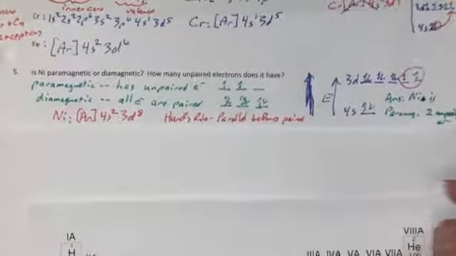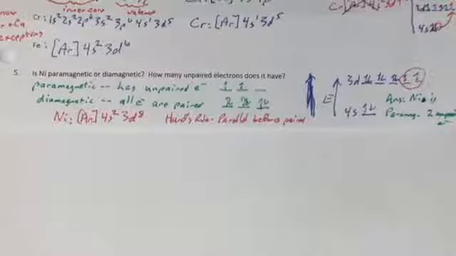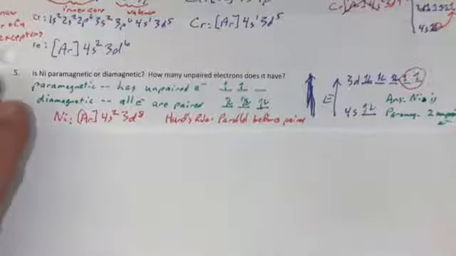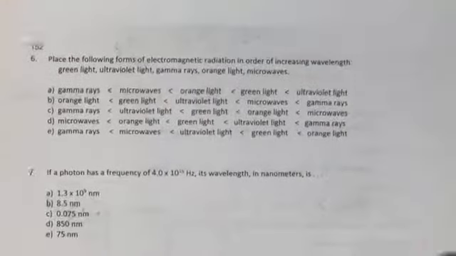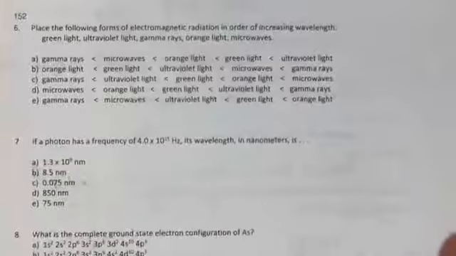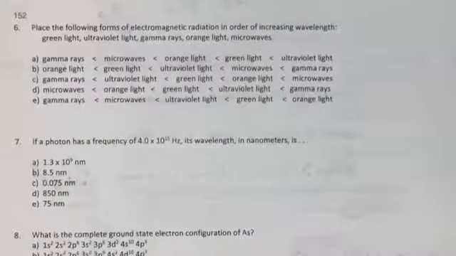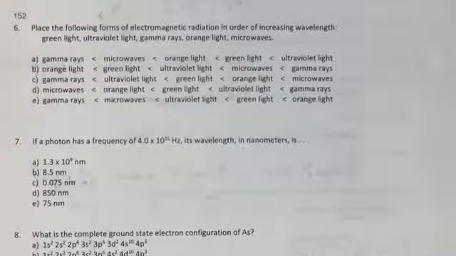Now let's look at question number 6. We'll look at question number 6 at the top of the next page. And I've renumbered some of these questions because I've added to it. So as we look at this, place the following forms of electromagnetic radiation in order of increasing wavelength. This is similar to the question that I showed you a little bit earlier. And once again, I'm going to jot down the